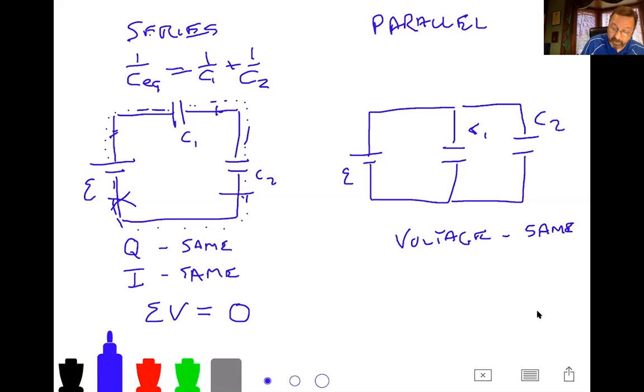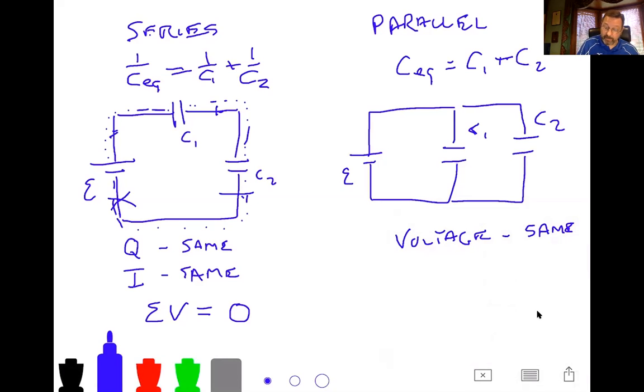By the way, if I'm looking for an equivalent capacitance here, we said it's the sum of the two capacitors. If I get too close to the edge here, it starts to not write. Okay, there it is. That's the equivalent capacitance if I wanted to replace those two capacitors with a single one. Okay, so that's what I would get.